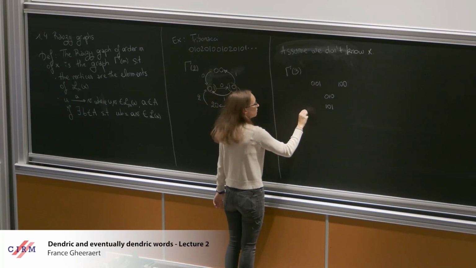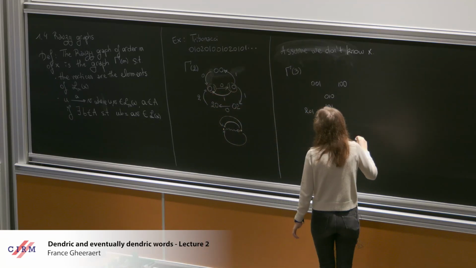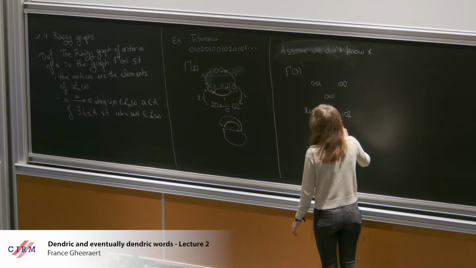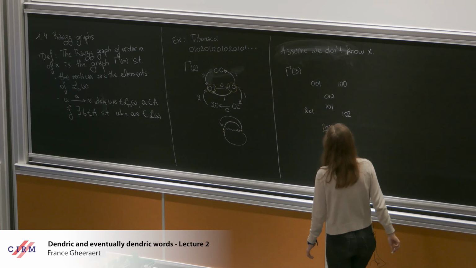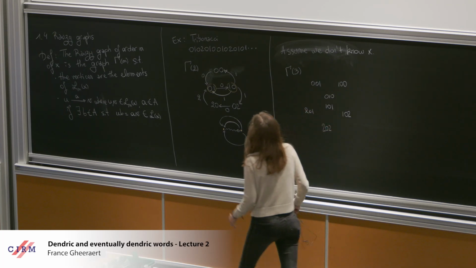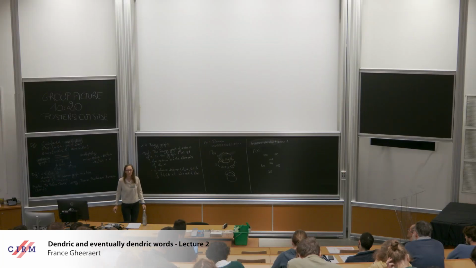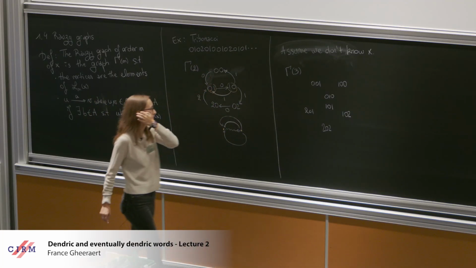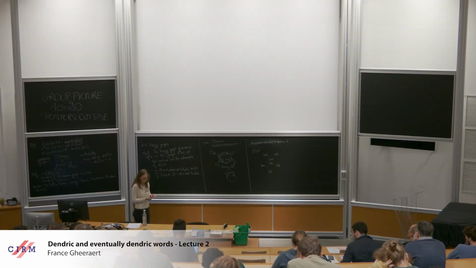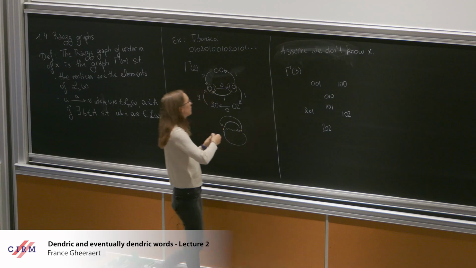And then I'm trying to keep more or less the same relative places. Okay, are we good? Yeah. Okay, so these are my vertices. Just based on the edges I have there, I know what the words of length 3 are, so these are my vertices. Now, what are the edges I have between these vertices?